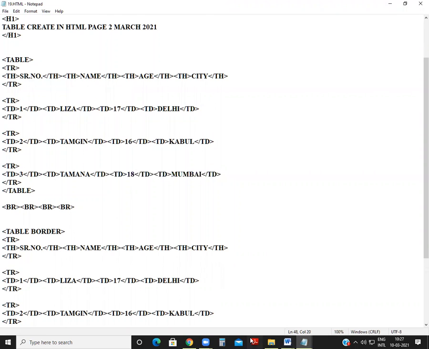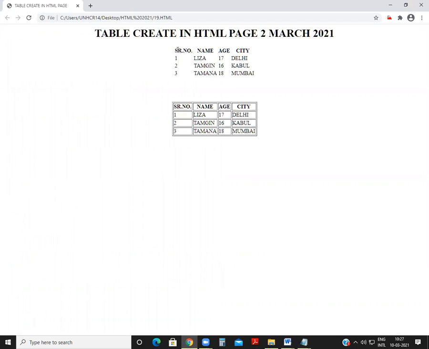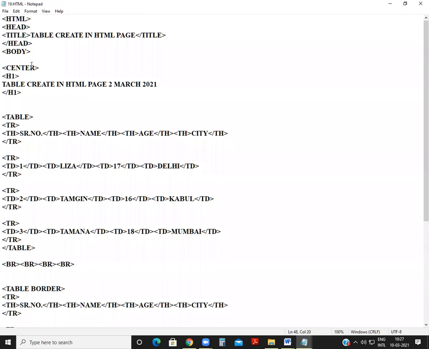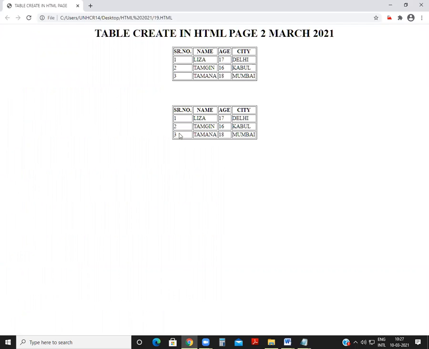Going to save and see. In this I write only the table, so that's why there's no border. If I write here border and save this file, and refresh this page, what will happen? The border will come.